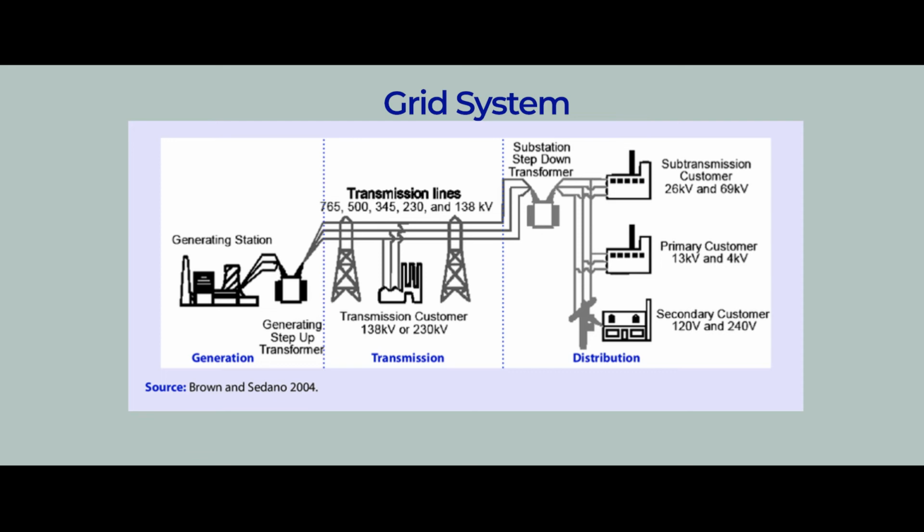From projects like Tala project and Chukha Hydro project, electricity is produced from the generation plant, and then it is sent through a device called a step-up transformer, and whatever electric current is produced is changed into a bigger voltage, and then transmitted over a